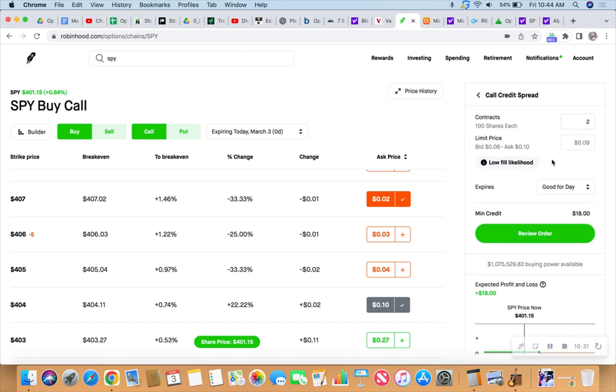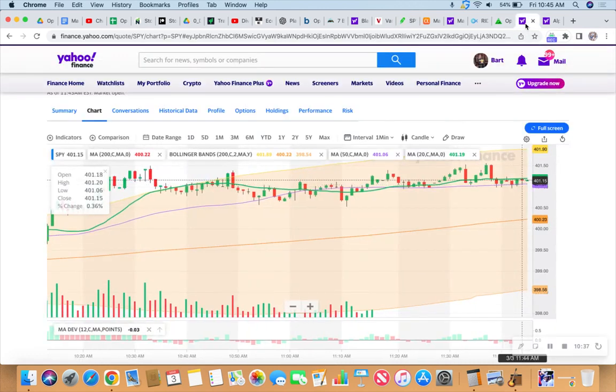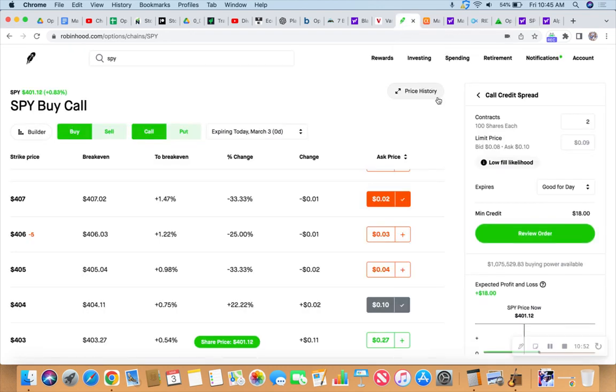Right now it's saying low probability, but we'll just let it roll, because if it candles down just a couple reds, which it will between now and the end, see it candle down pretty good right here. The big red candle. It's been wavering back and forth. So we'll see a couple more reds before this day ends. And maybe, just maybe, if that happens within the next 30 minutes, then this will fill at the 9-cent credit,